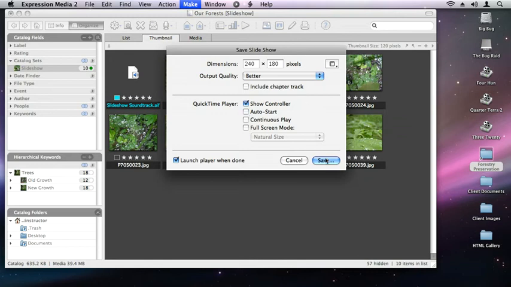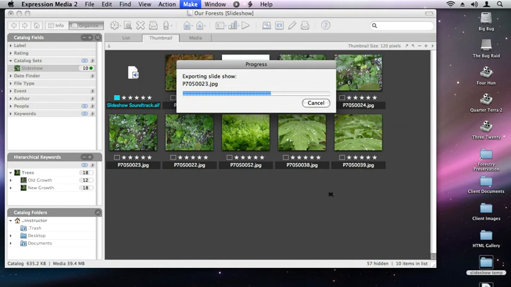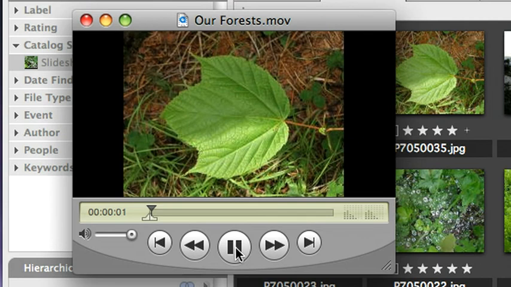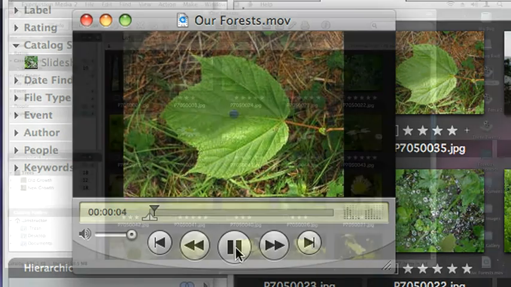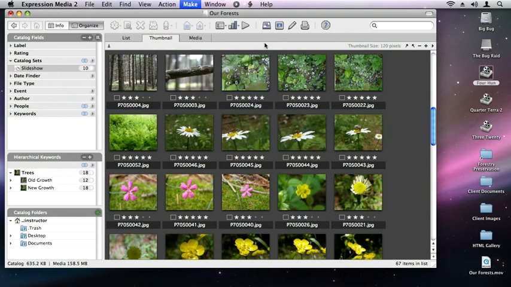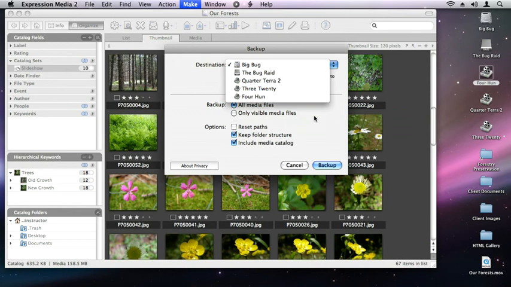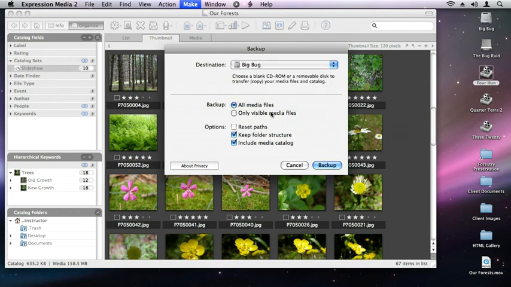Backing up your catalogs and client projects is a simple matter with Expression Media. You can make a backup to your hard drive or to a CD or DVD-ROM, or even make zip archives for storage off-site or off-system. Choose Make, Backup CD-ROM, and set your options in the dialog box. Choose to back up all original media files or just the ones visible in your current list. It's recommended to check Keep Folder Structure and check Include Media Catalog to include all of your Expression Media catalogs. Select a hard drive destination, or if you have a blank CD inserted, choose it from the list and click